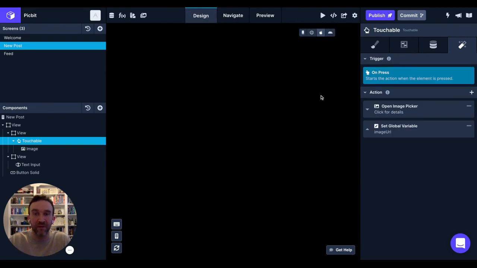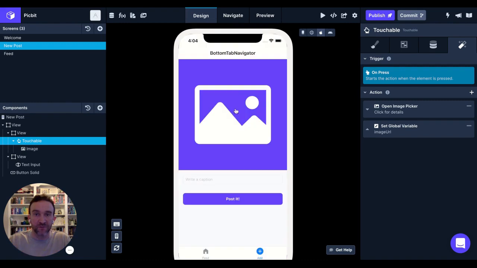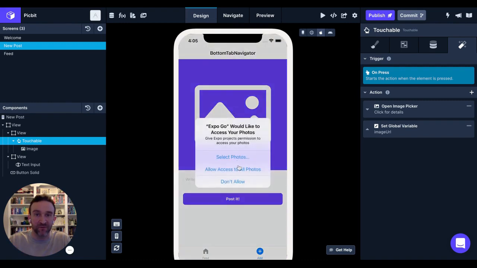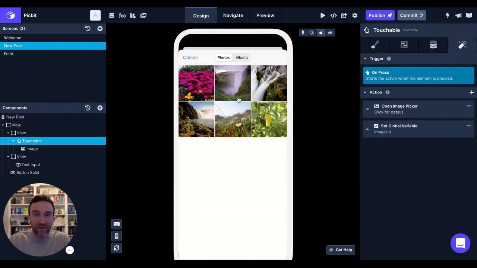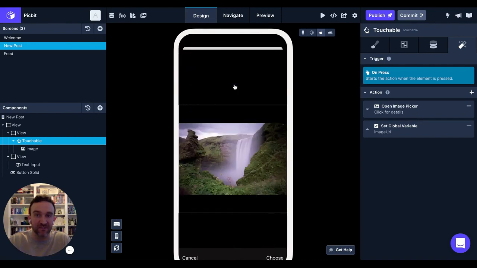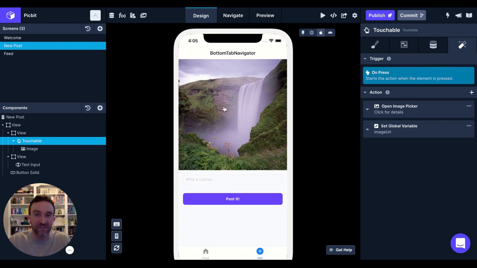I'm going to load up my iOS device preview here. So when I tap on the image, it's going to bring up the device's native media gallery. I'll select one of the test images in this device preview. This is what happens because I set editing to true. Let's select this image, and it will save that image as the new placeholder image, which we will now use in our post request.